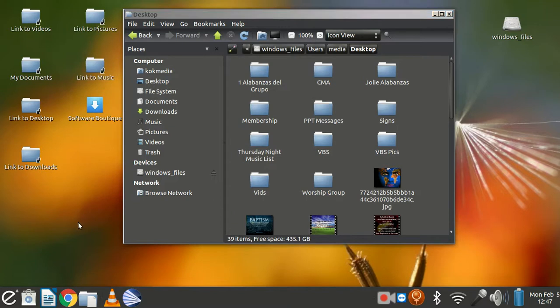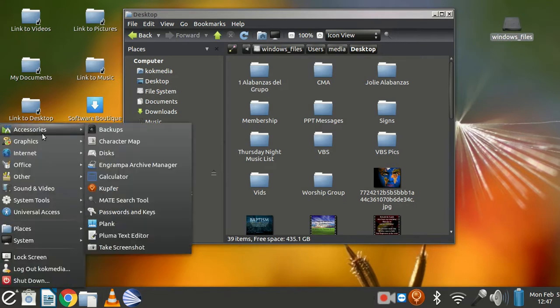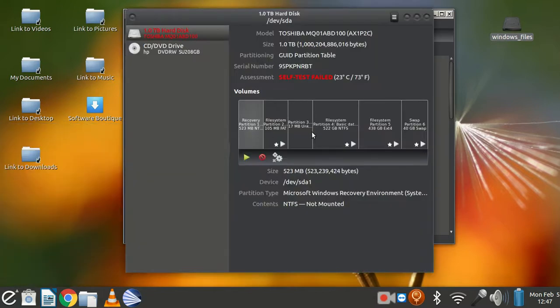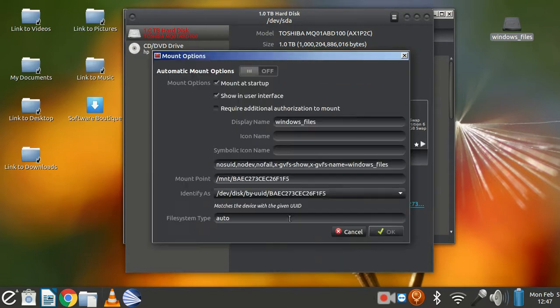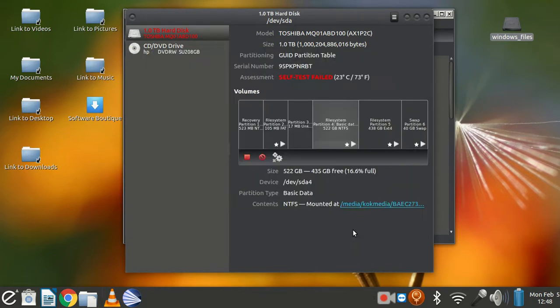I just linked it there, and the only thing that I had to change was making sure that when this machine booted up, it automatically mounted this Windows file. What I used for that was a service called Disks. With Disks, I clicked on the Windows partition that has all the files, clicked on Properties, Edit Mount Options, and then turned Automatic Mount Options off so I can have customized manual mount options and activated the mount at startup. Also, for display name, I changed the name to Windows Files